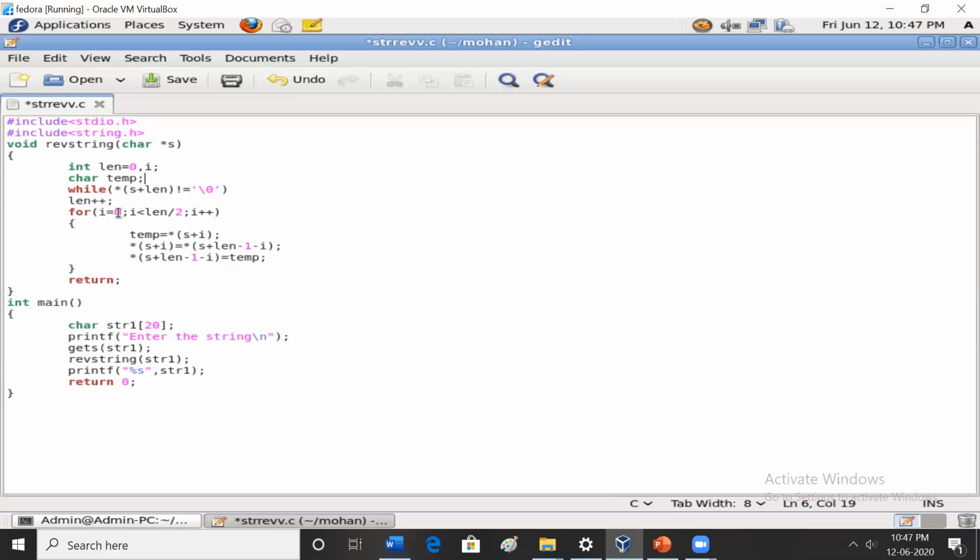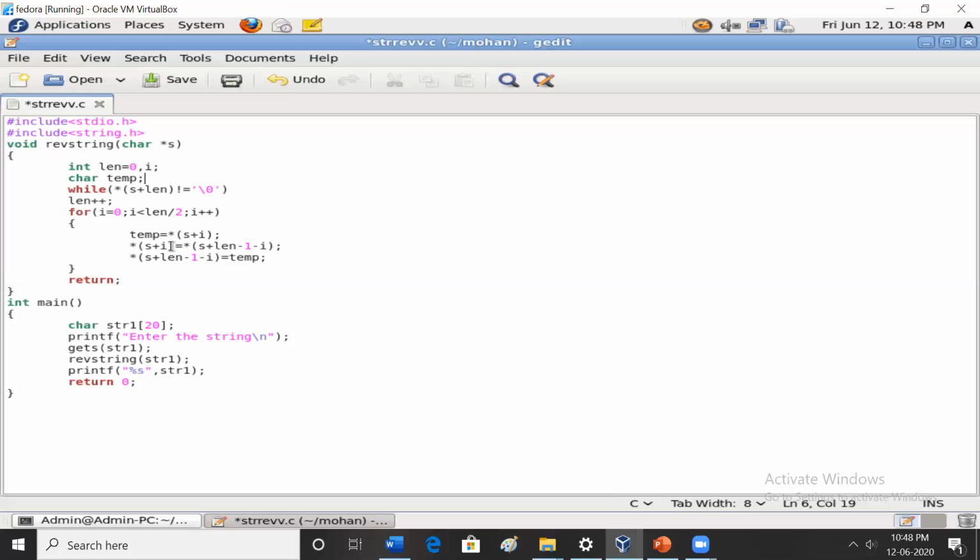Then i is initialized to 0, and i is less than length by 2, exactly half of the length. Now temp, the temp variable I declared here, is assigned star of s plus i. Starting with i equal to 0, the first character is assigned to temp.